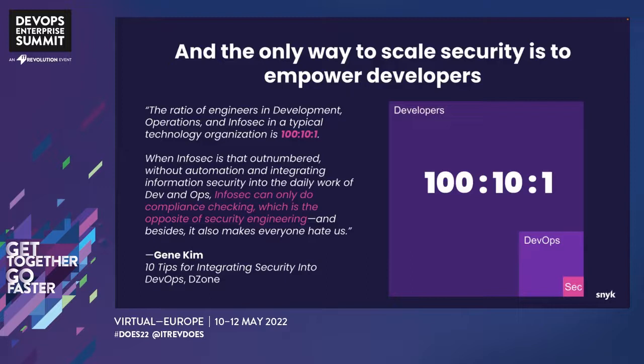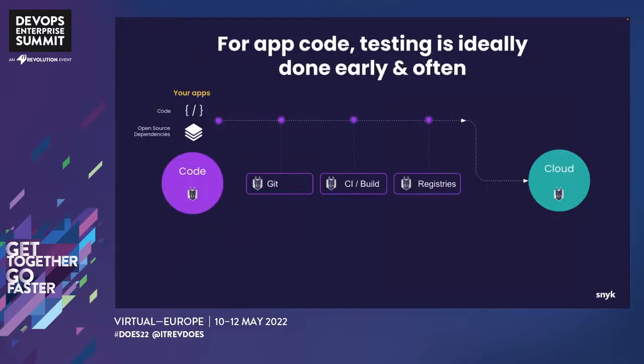And so it's very much on the developers, and you could swap out the word developer for cloud engineer, to be able to quickly identify issues and be able to quickly fix those issues. That's the other really important aspect of this, because that's how we're going to scale security, is by getting those developers involved. Now, again, when it comes to applications and application code, there are fairly well-known and fairly well-deployed patterns